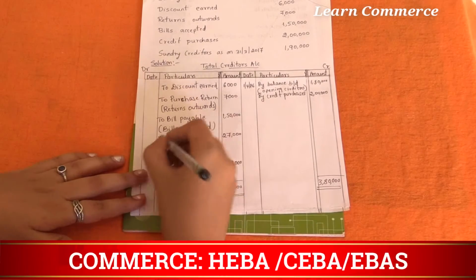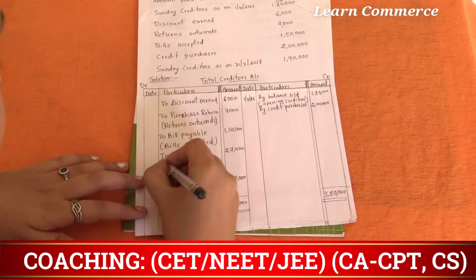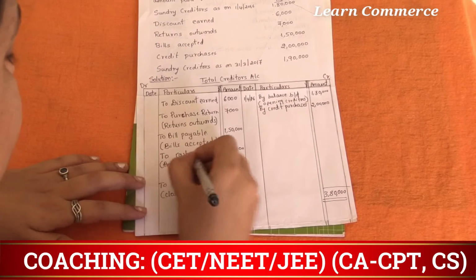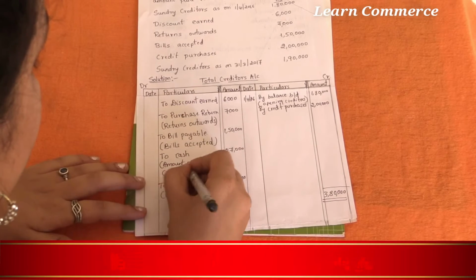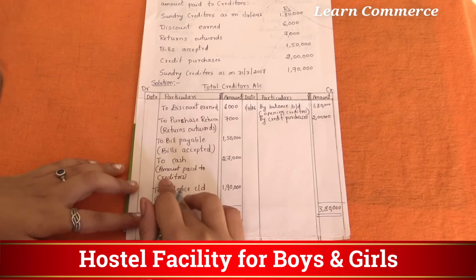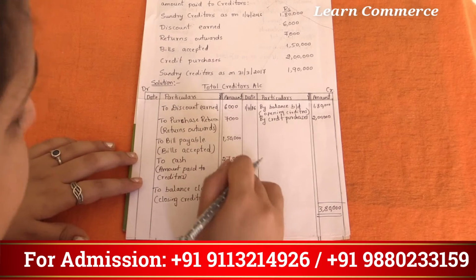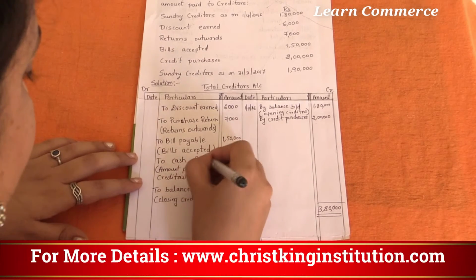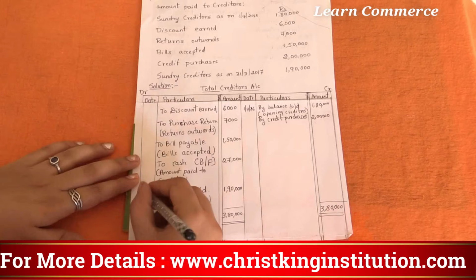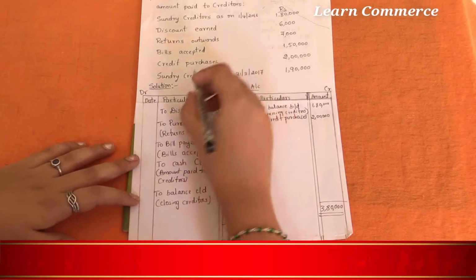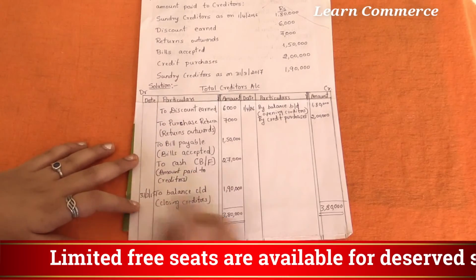This is nothing but to cash, in bracket write this one, the amount paid to creditors. Amount paid to creditors is always recorded in a debit side. So we can get the debit side balance. Here we write balancing figure, BF, balancing figure. Here write the date, closing date we didn't write, right? So 31st 3/17 for the closing creditors.